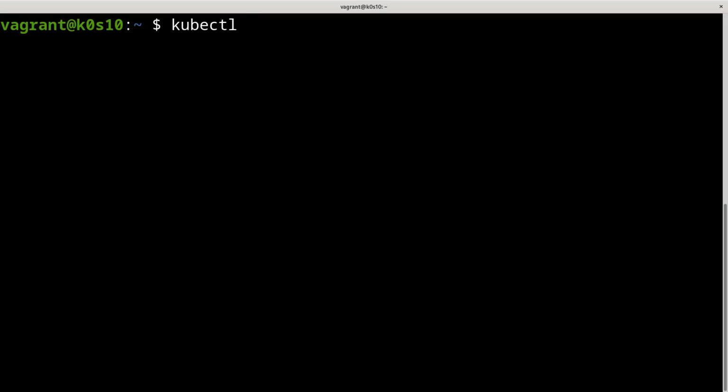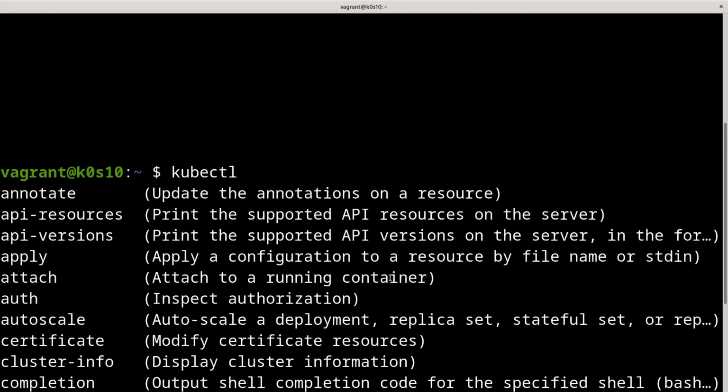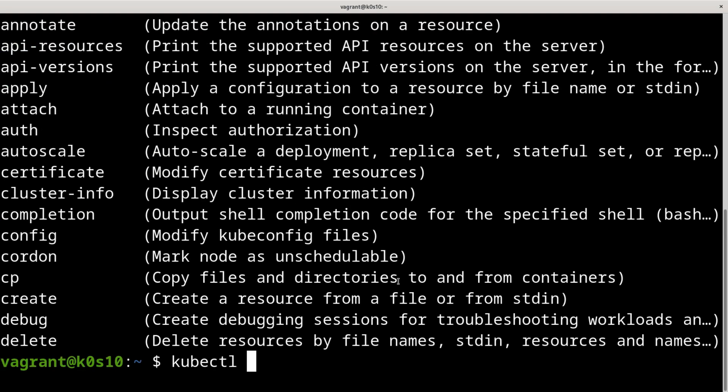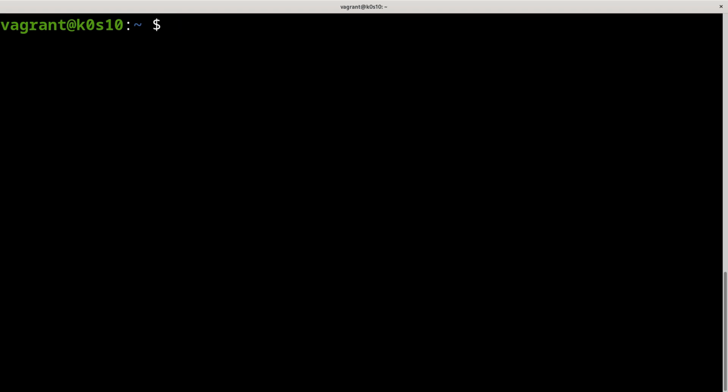So to be sure, we just use the tab key like here, and of course we have some arguments, so it works. And the auto-completion covers the Kubernetes resources. So if you want, you can tab on the pod name or stuff like that. Okay, after that, we want to add some aliases.